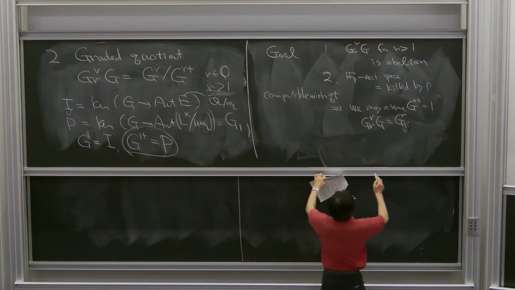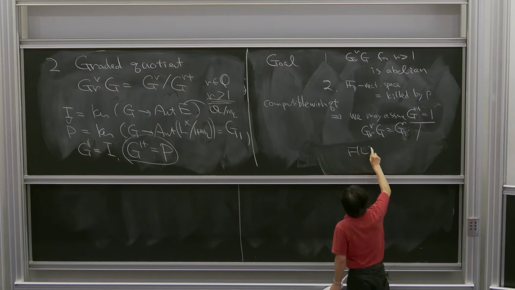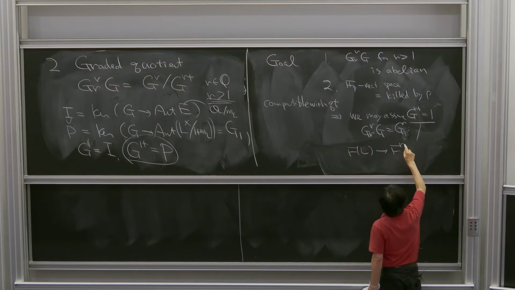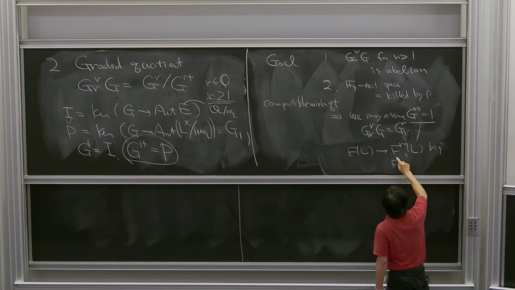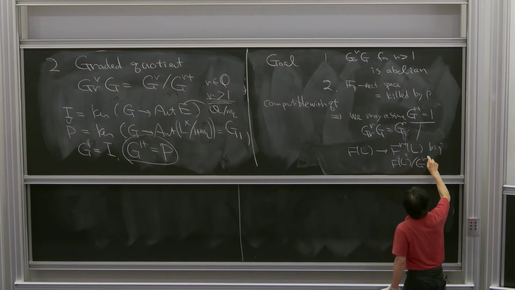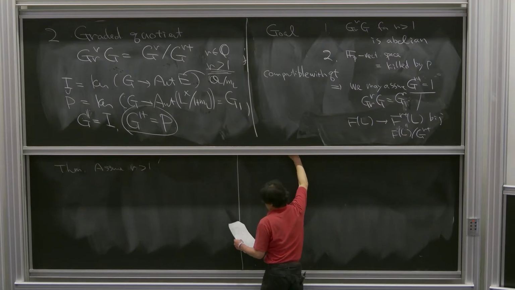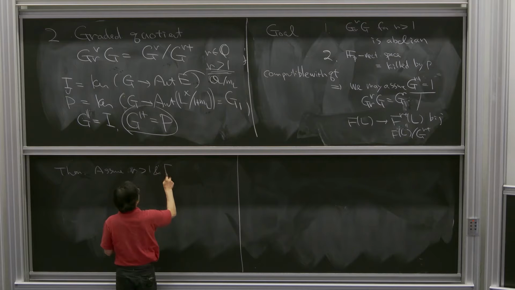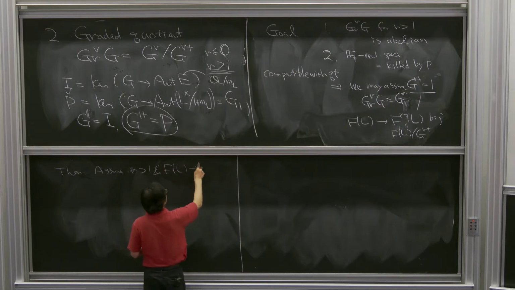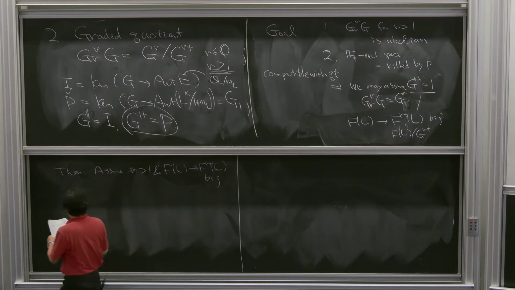Let me remind you that this condition means that F_L to F^{r+}_L is a bijection, because this is F_L divided by G^{r+}. So we assume this and this property. Okay, then